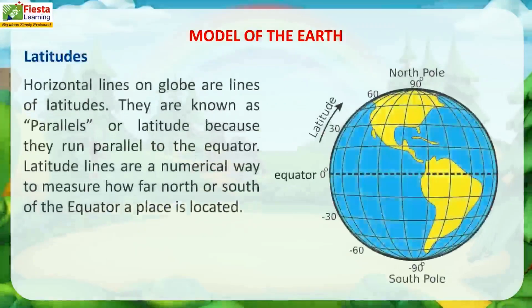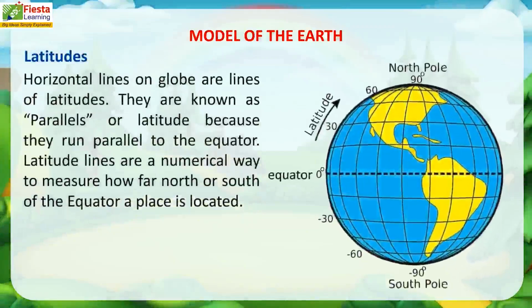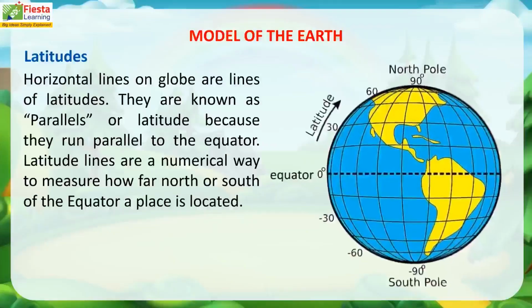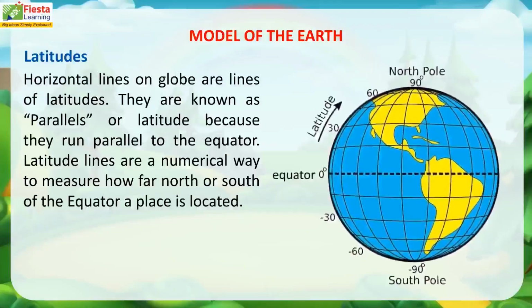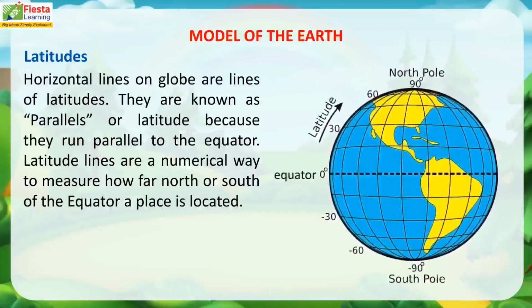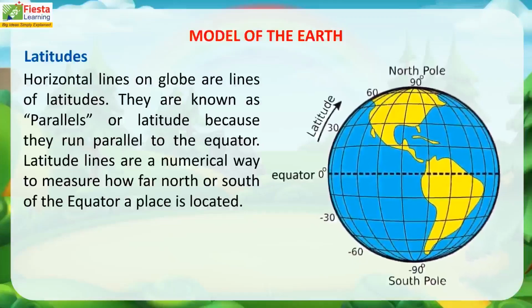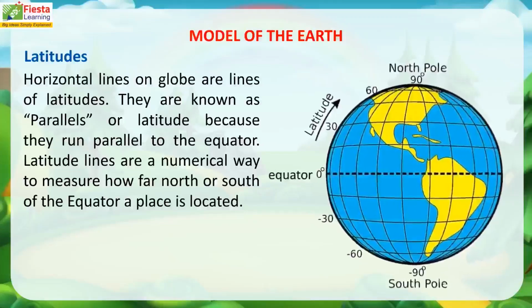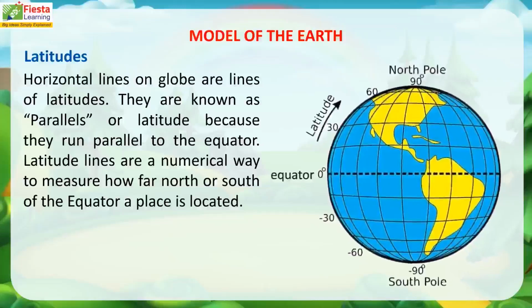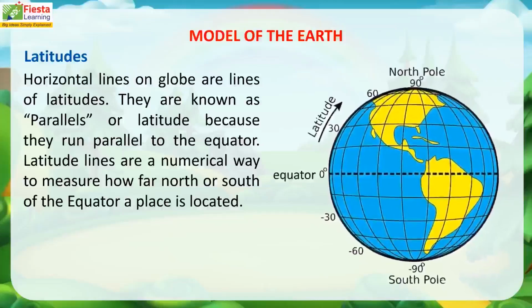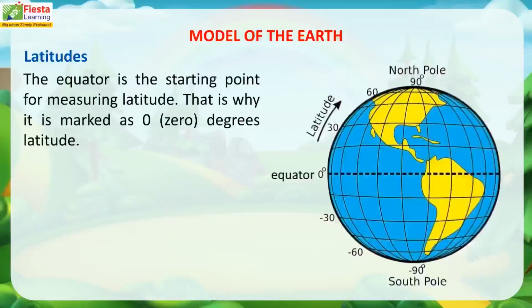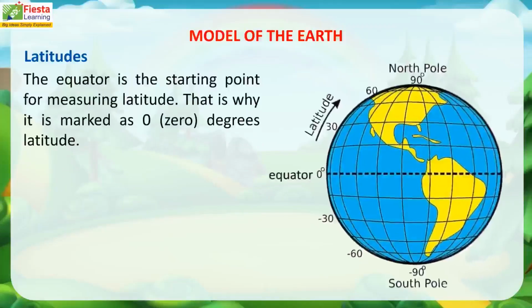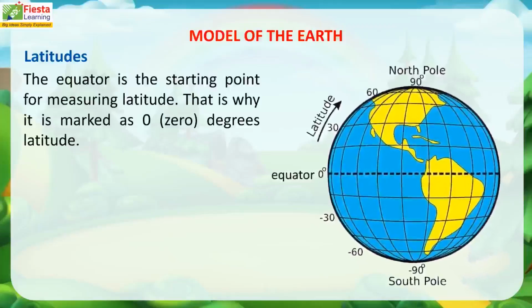Latitudes. Horizontal lines on a globe are lines of latitude. They are known as parallels of latitude because they run parallel to the equator. Latitude lines are a numerical way to measure how far north or south of the equator a place is located. The equator is the starting point for measuring latitude. That is why it is marked as 0